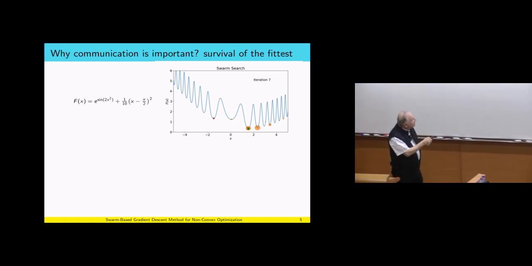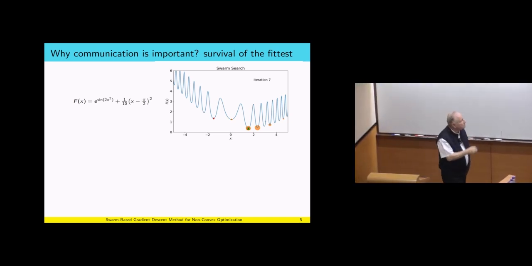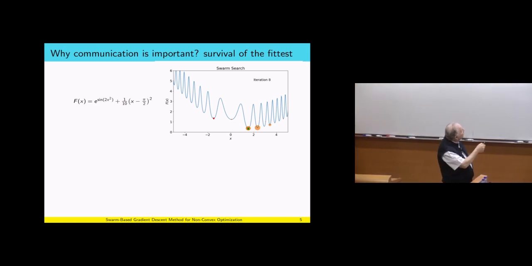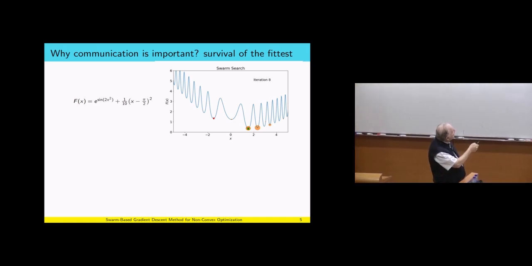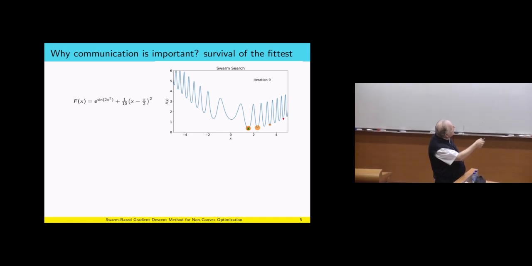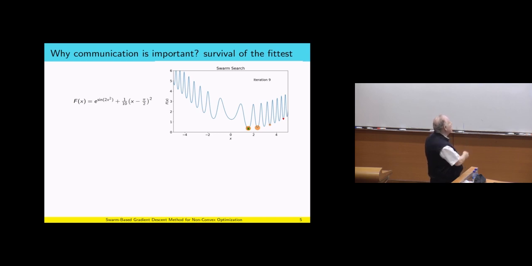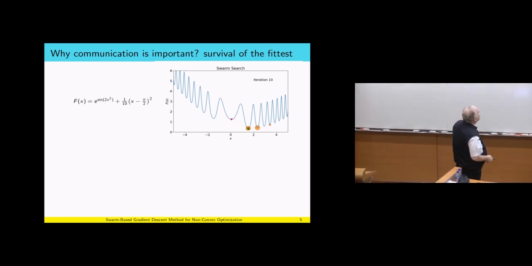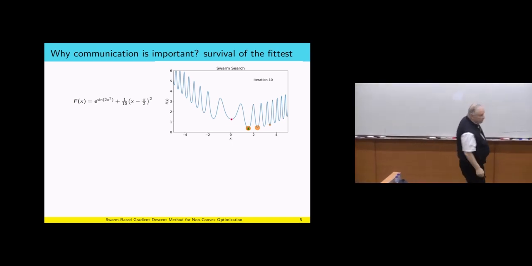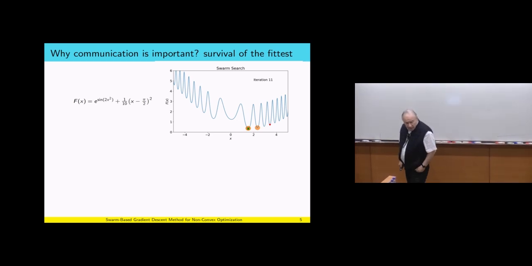Okay, we are here. Very tiny mass is still there. Next. Well, we will not get to there because we stick here. Now we get to here. This is higher than this one. It will be eliminated. There is almost no mass there. Still, these two are the heavy competitors. Next, now we kill this by the survival of the fittest. Final stage almost. And we are still here.